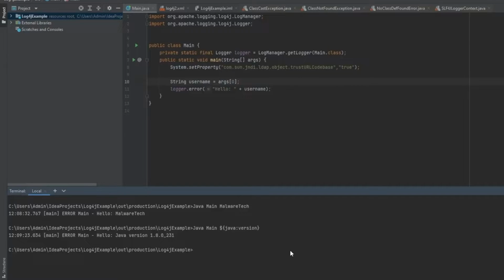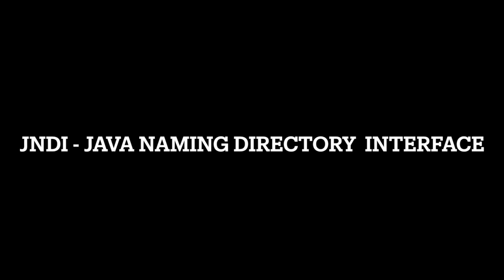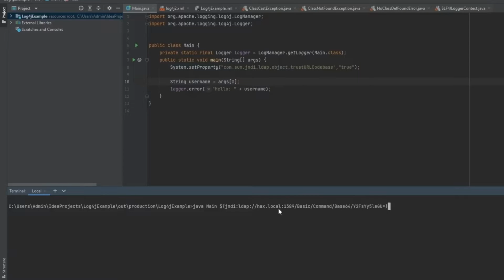The problem arises when we encounter something called JNDI. JNDI is a Java interface that allows you to fetch remote objects, load them and execute them in your system. There is no problem in normal code since the programmer knows which server they are communicating with. The problem occurs when the user, as an attacker, inputs their own JNDI lookup and fetches an object from a remote malicious server. So in this example, hacks.local is our remote LDAP server, which we assume is controlled